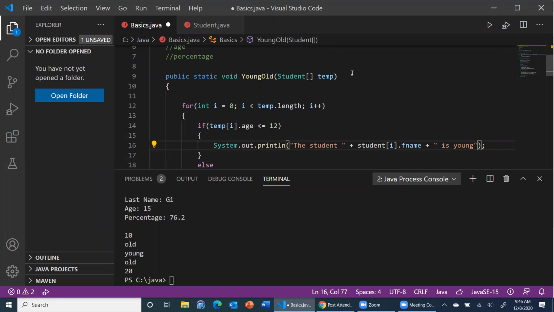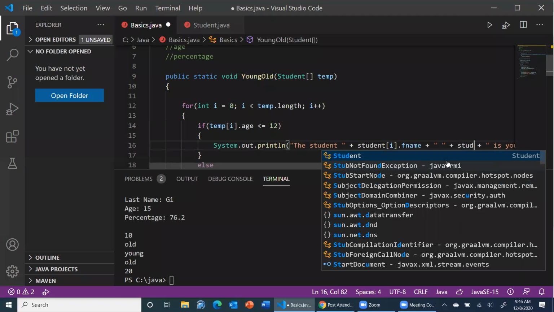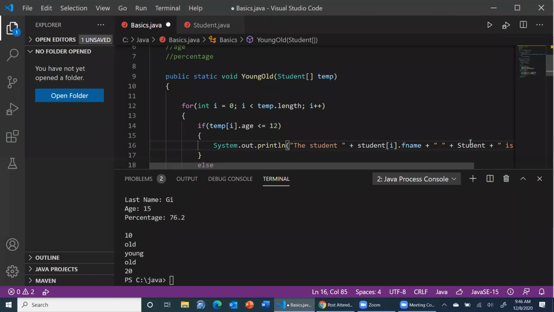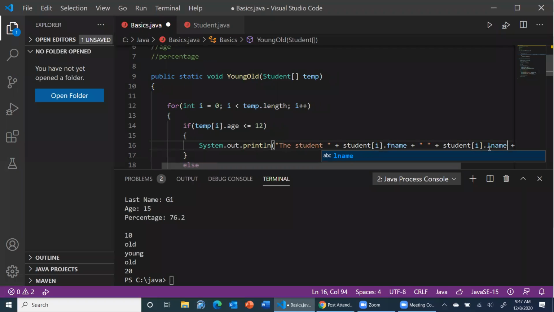वो सब करने की जरूरत नहीं है, क्योंकि अब वो सारी की सारी वैल्यूज एक स्टूडेंट के अंदर हैं। चूंकि स्टूडेंट के अंदर एफ नेम भी है, एल नेम भी है, तो मैं उन दोनों वैल्यूज को यहाँ पे बड़े आराम से इस्तेमाल कर सकता हूँ, because I have the entire object over here. उस ऑब्जेक्ट के अंदर सारी वैल्यूज हैं। तो आपने लिखा "The student" एफ नेम "is young"। अब अगर मैं कहता हूँ कि मुझे एल नेम भी चाहिए, तो मैं यहाँ पे प्लस करके एक स्पेस डाल दूँ, और फिर प्लस करके स्टूडेंट आई डॉट एल नेम। ठीक है, अब चूंकि मेरे पास पूरा का पूरा स्टूडेंट का एरे आ गया है, तो इस वजह से I can access any value within that object, और मैं उसको बड़े आराम से एक्सेस कर सकता हूँ।